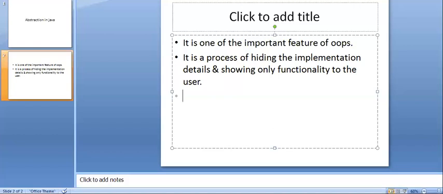We can say it in another way. What does abstraction do?